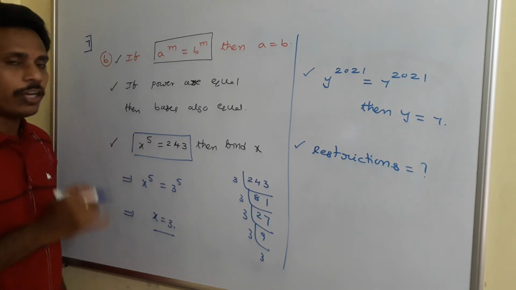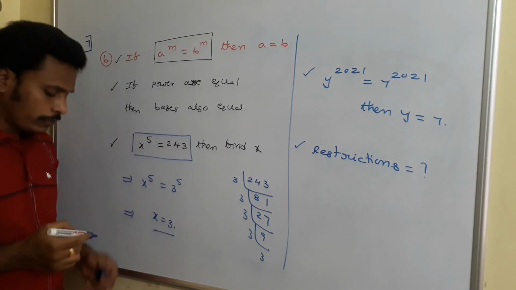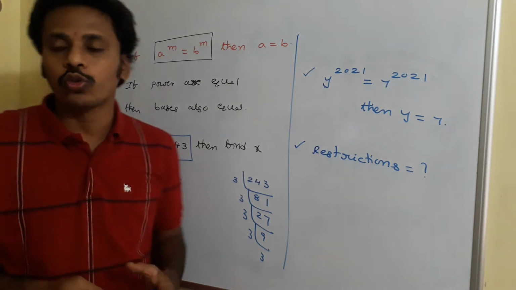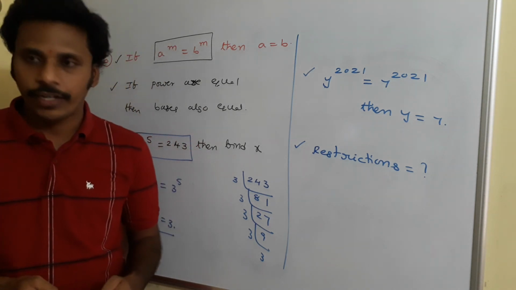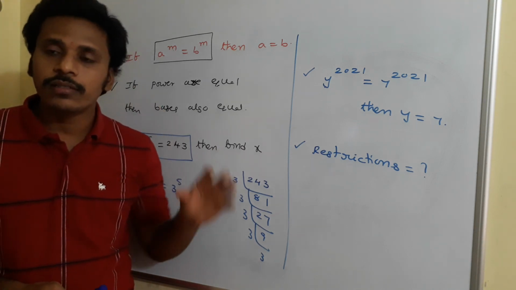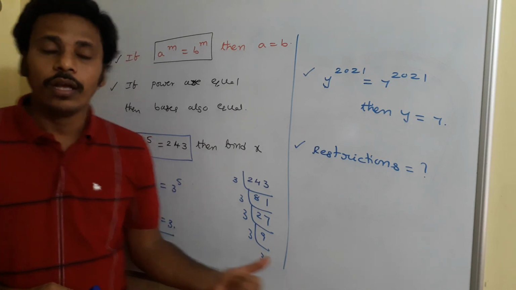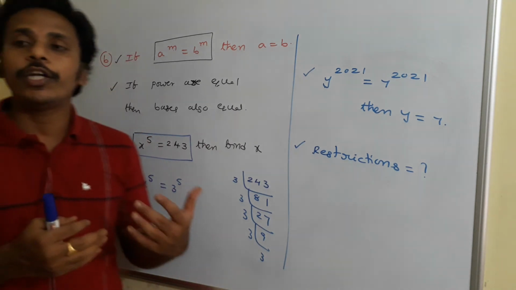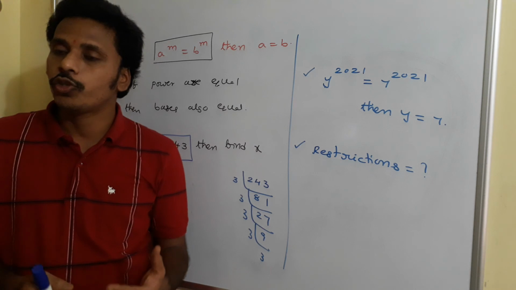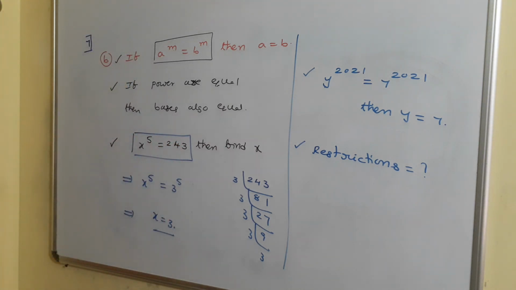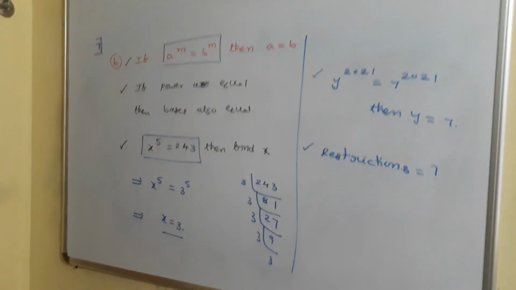You just have a look. Now in 7, I mentioned 2 advanced laws of exponents, which are very useful to solve many problems of your practice sheets. The first law is if bases are equal, then powers automatically become equal. If powers are equal, then we need to equalize the bases. With these two, we solve many problems. That's for today's class. In the next class, I will discuss these 2 laws along with the restrictions, and then many problems related to these laws. That's for the class.